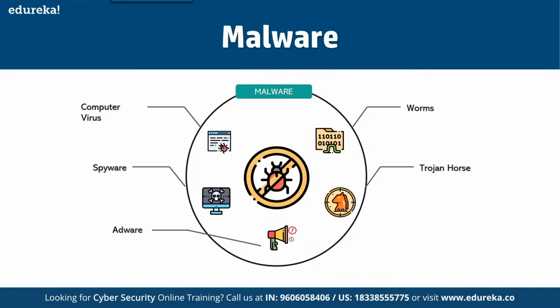Trojan horse basically is a piece of code which resides in your computer. It looks like a legitimate program, but it is not a legitimate program. It's basically custom code written by a developer, which looks like a genuine program. This is used by the hacker to reveal your sensitive information. Like if you're visiting some websites and typing your credit card information, banking information, it's going to be available